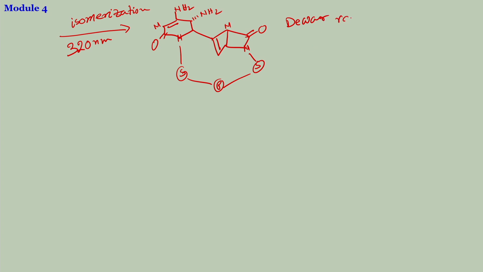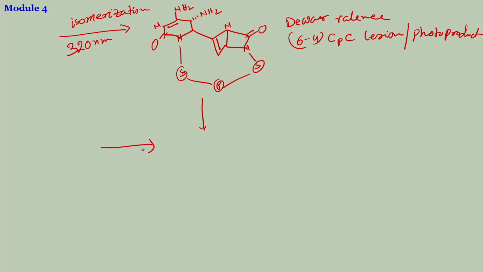Dewar valence 6,4 cytosine lesion, or you can also call it photoproduct. Okay. The 6,4 photoproduct or these both, the normal 6,4